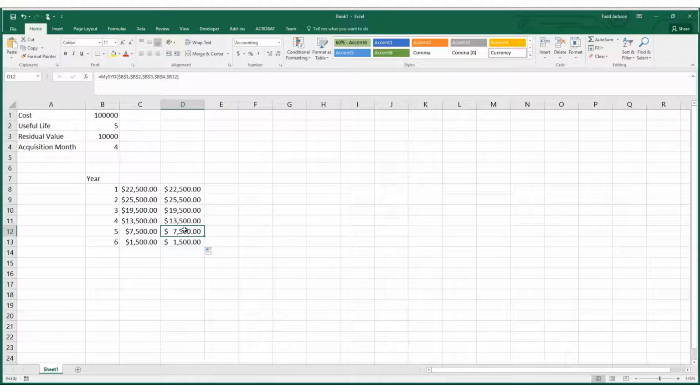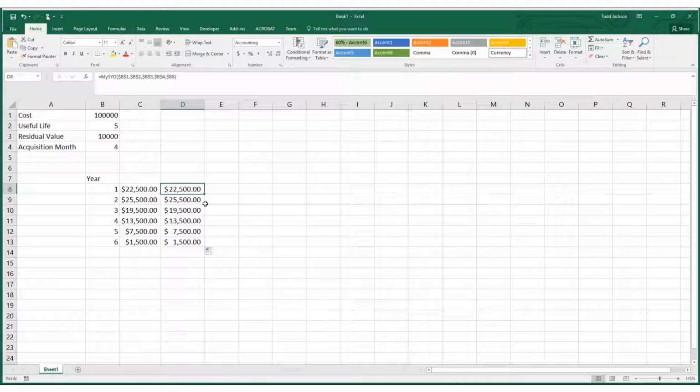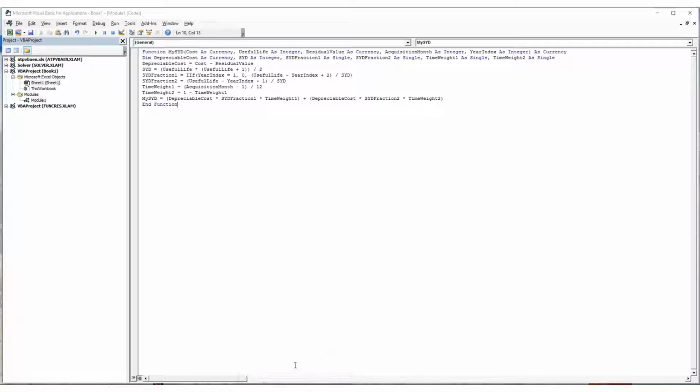We can then use that function in other spreadsheets and calculate some of the year's digits depreciation on multiple sets of assets, and that'll be a lot simpler than using the built-in Excel SYD function. So we've determined that our function works as is intended. I'll just go back here to our